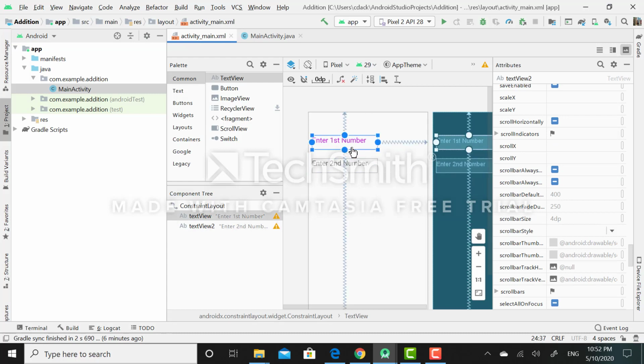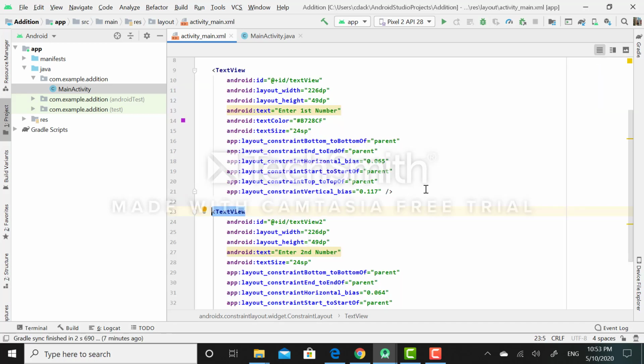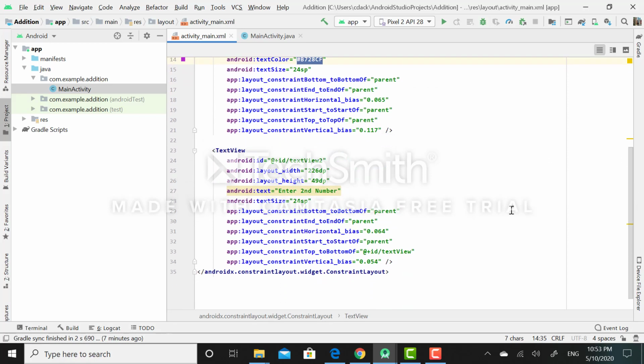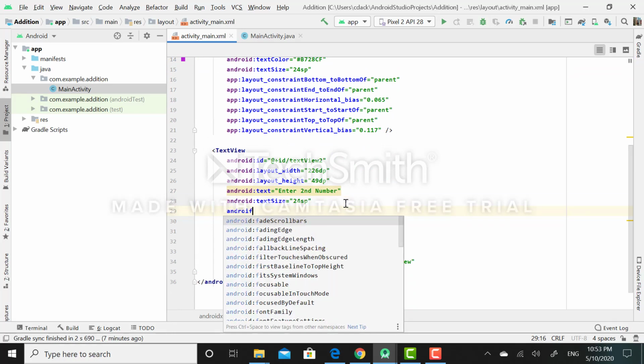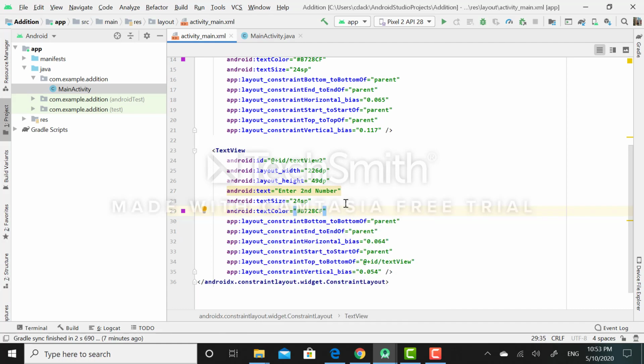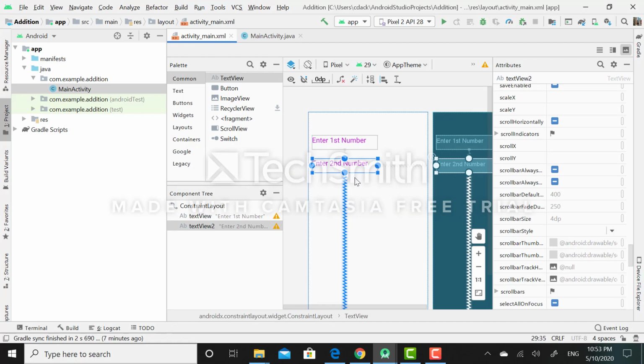And to apply the same text color on the next widget, again I will switch to the code mode and see the text color property of the initial text view widget. I will simply copy this text color property and paste it onto the next text view widget. So here I will select the Android text color property and paste this color property on the second text view. So in this manner both text view colors look alike. So again I will switch to the design mode.